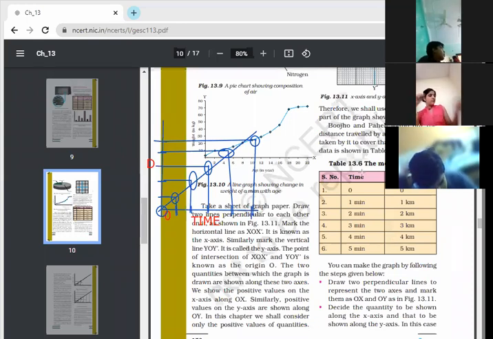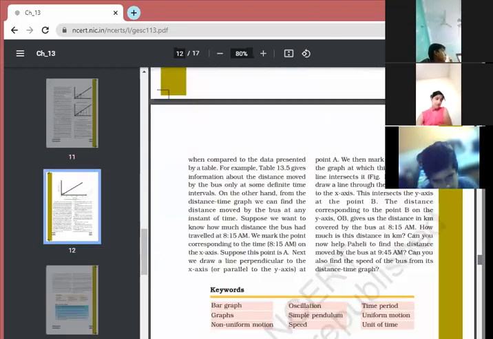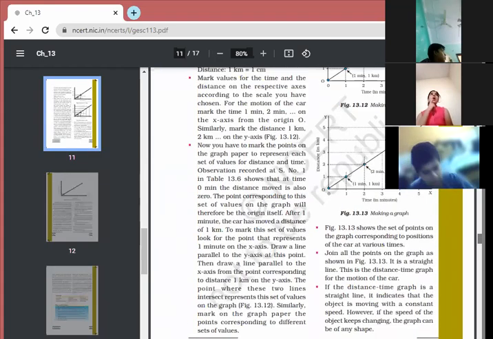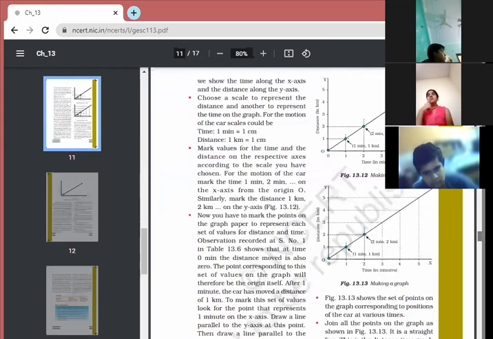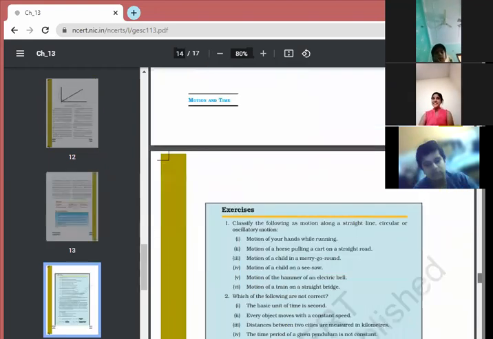Is it clear? So till here the information is clear to you, Peter? I have done. Yes, very good. If you use graph paper, that will be more convenient for you. You can do any graph. This was the time and distance graph. If any problem is there regarding the graphs, you may ask me. With this, our chapter is over. This was your last topic of graphs.